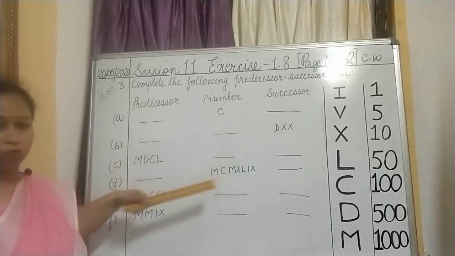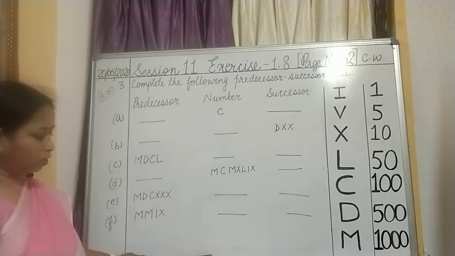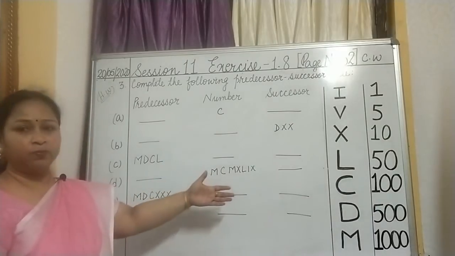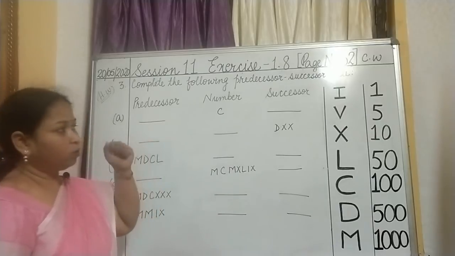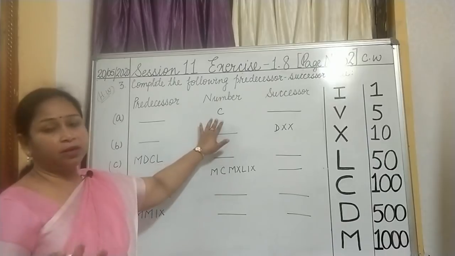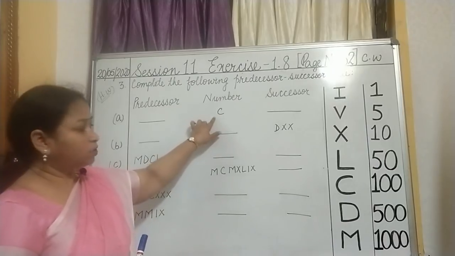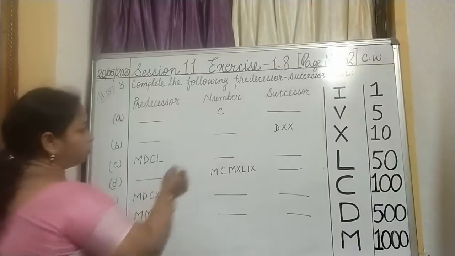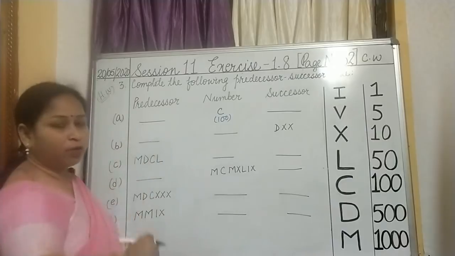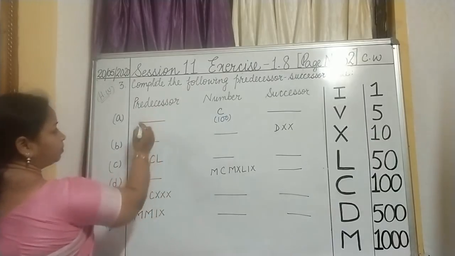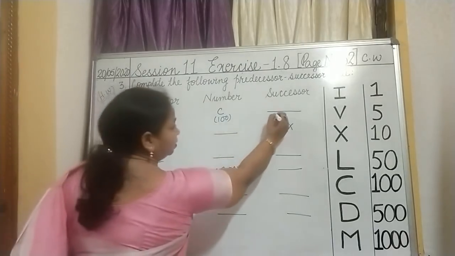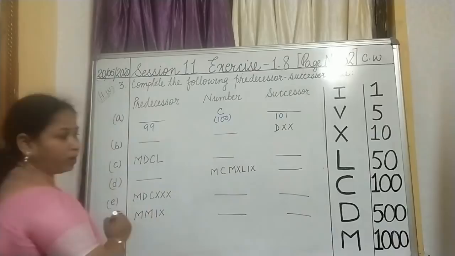So here we have Roman numbers, right? We have learned also. But till you are very much friendly with the system, it will take some time, I know. So for that, the trick we are going to use is, we will just convert it into Hindu Arabic. So C stands for 100, right? When I know that the value of C is 100, it becomes very easy to find out what will be the predecessor of this. Of course, it will be 99. And what will be the successor? Successor will be 101.